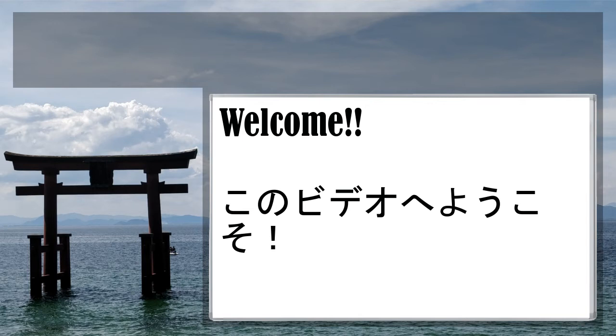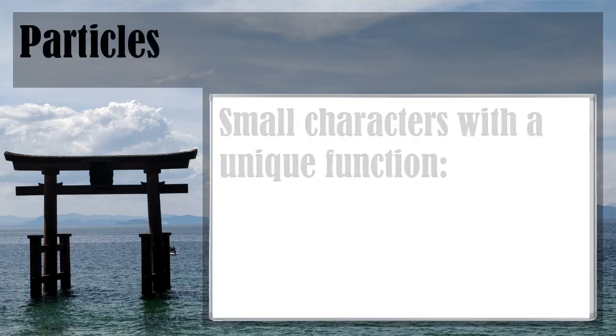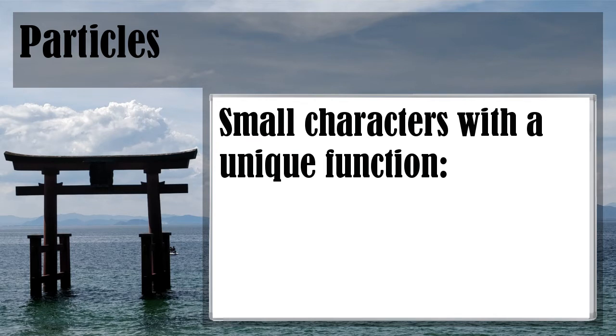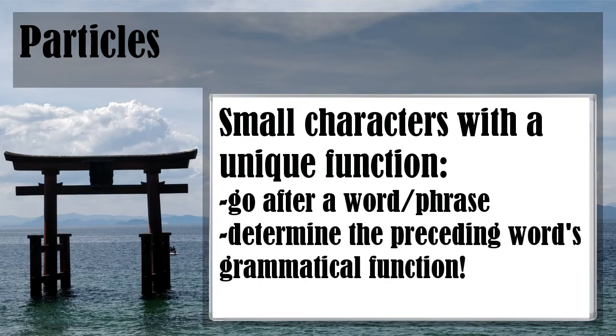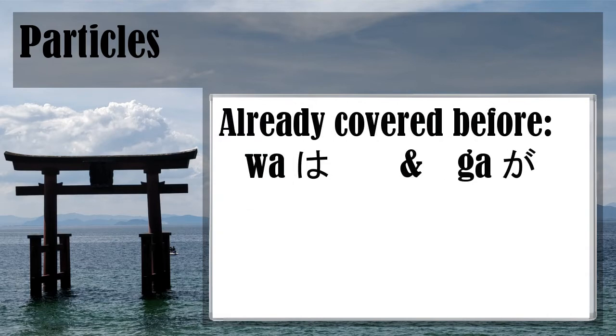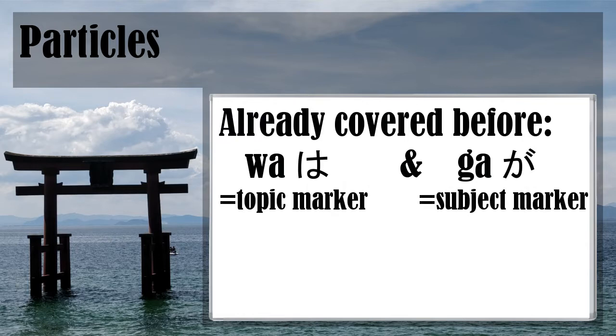Yokoso! Today we'll leave the grammar behind and we'll go back to particles. Particles are small characters with a function quite unique to the Japanese language. As a recap, particles generally go after a word and they determine the grammatical function of the word that precedes it. We already saw wa and ga, wa being the topic marker and ga being the subject marker of the